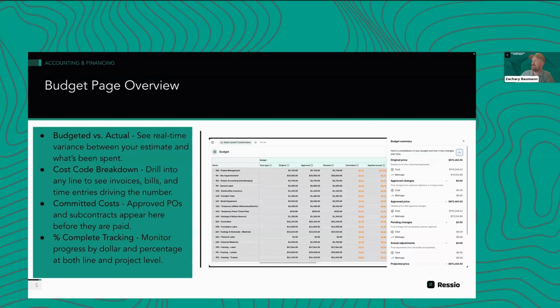The budget table, if you're doing cost plus projects, is also a really great way to communicate your finances with your customer. I often encourage builders to share on cost plus projects a view of the budget page. One of the things that you'll see, when I take over live share in a moment in my account, is the ability to set and save a custom customer view. And so you can essentially say, I only want my customers to see these certain columns of the budget table if I choose to share the budget table with them.